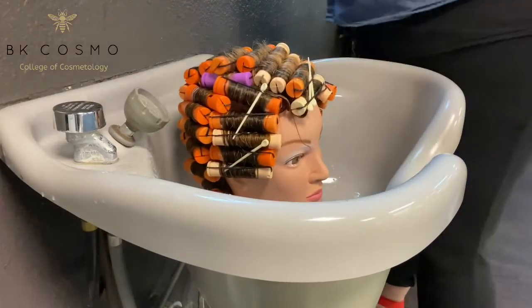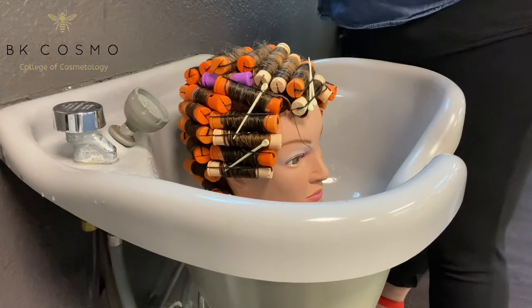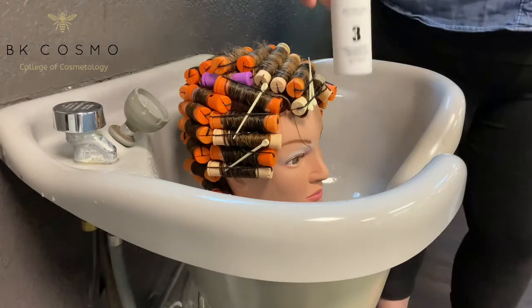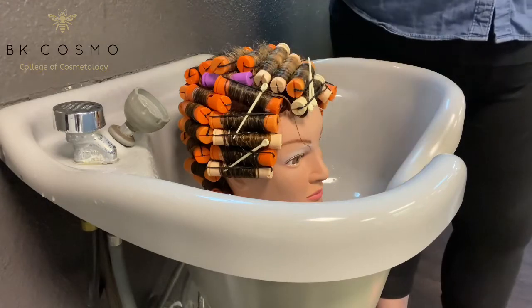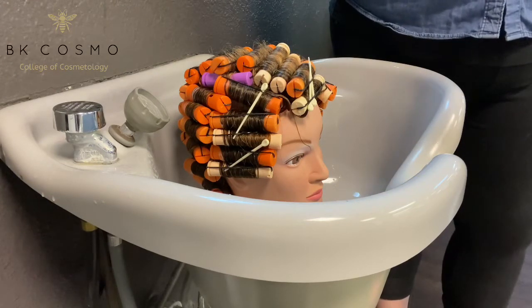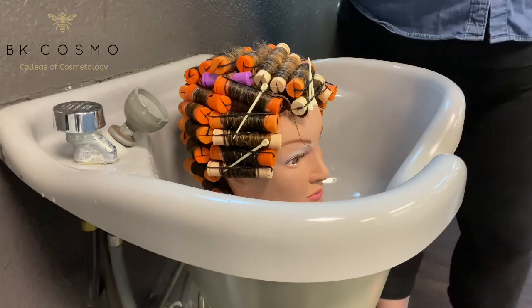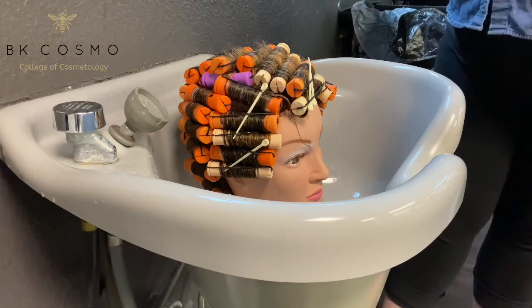So now we're going to continue to follow the Chi Ionic Perm instructions. We're going to take our number 3, which is our neutralizer, and we're going to use 2/3 of the bottle, let that process for 5 minutes, and then we will come back, take the rods out, apply the rest of the solution, and let it sit for another 5 minutes. So just like the waving solution,